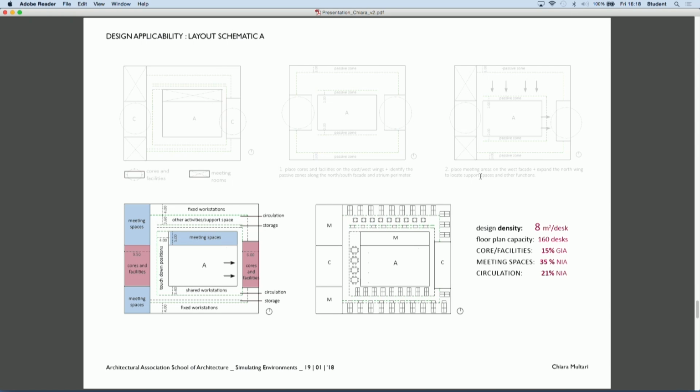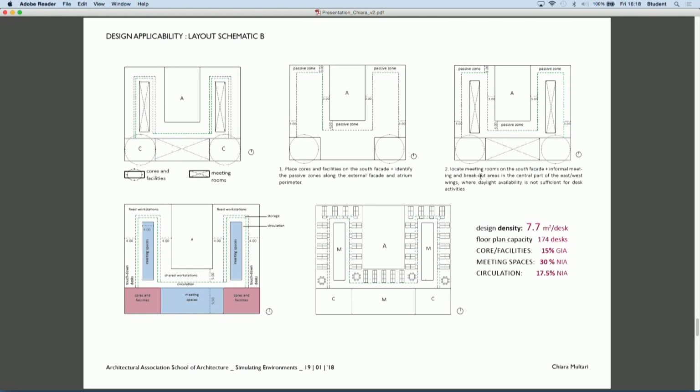So the areas of the floor plate which were suffering from poor daylight were devoted to activities like support activities or circulation spaces, whereas all the workstation, fixed, shared hotspot desks were placed in the areas where daylight is quite consistent. So these are different proposals.